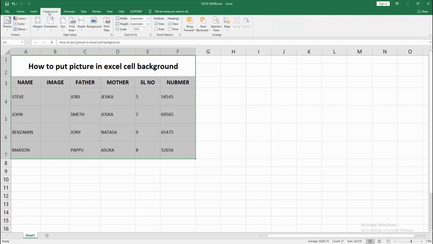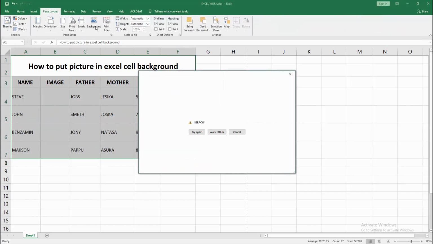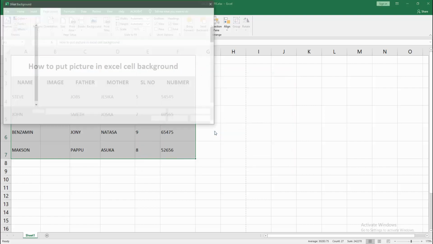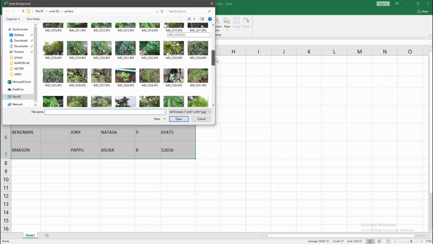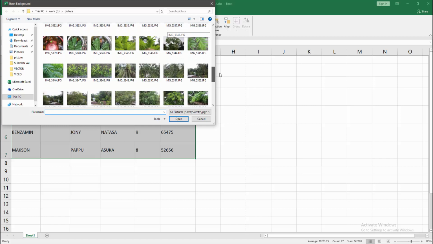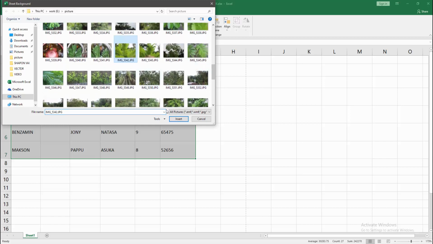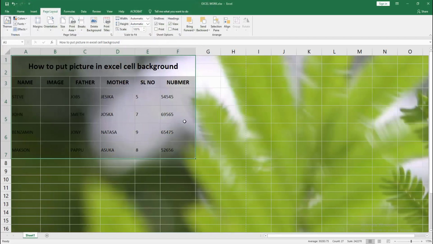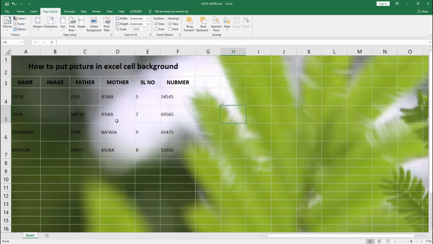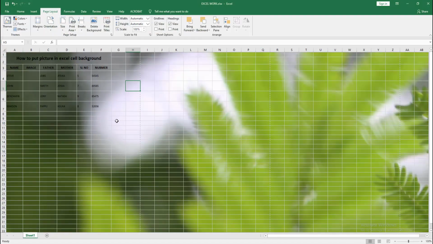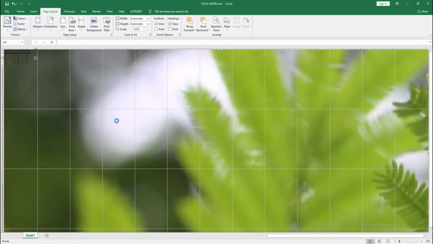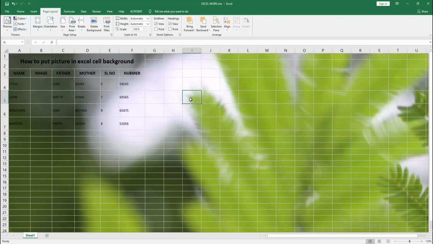Then go to the Page Layout menu and select the Background option. Then select "From a File" and choose a picture from our files. Now I am selecting a picture. Then click OK. We can see we put a picture in the cell background easily. All the cells have the picture as a background. You can write anything, otherwise